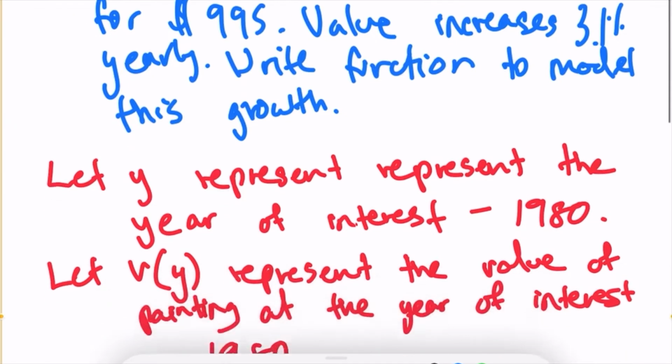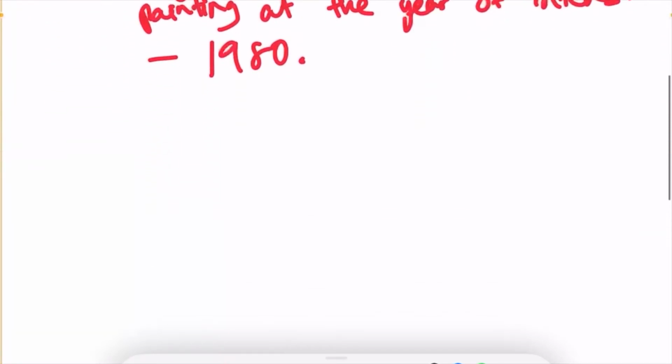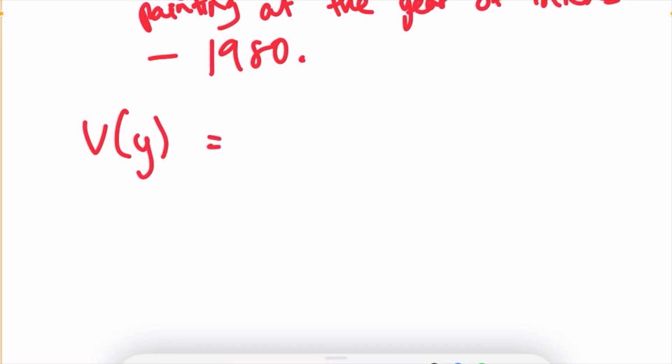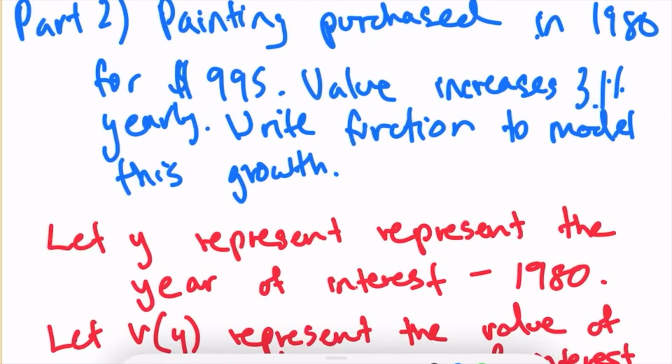And we need to say let v of y, which is a function, represent the value of the painting at the year of interest minus 1980, which is once again 23, let's say, if it was 2003. And so the function would essentially be v of y, or v at y, is equal to our initial value, which is $995,